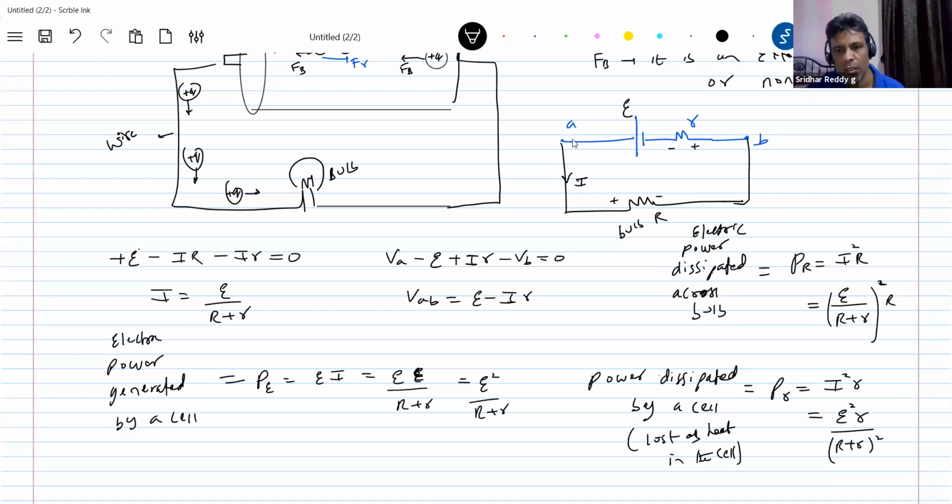So now what happened? If internal resistance is more, then the cell is not of good quality. All the power generated by the cell should go to the bulb, but here is the problem: because of internal resistance, some power will be lost. So shall we call efficiency? What do you mean by efficiency? Power dissipated across the bulb divided by power generated by the cell. So what is the power